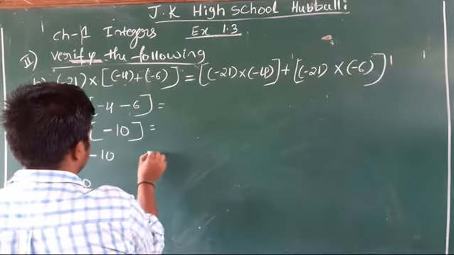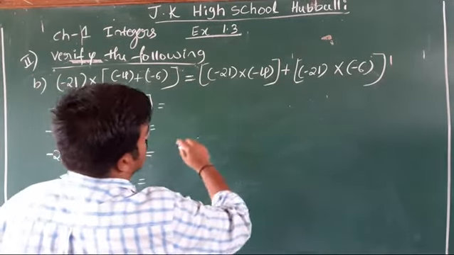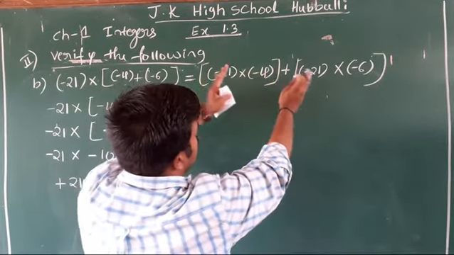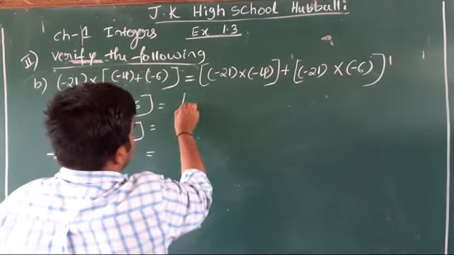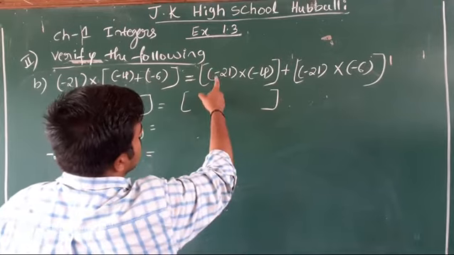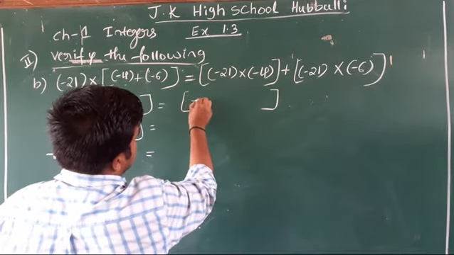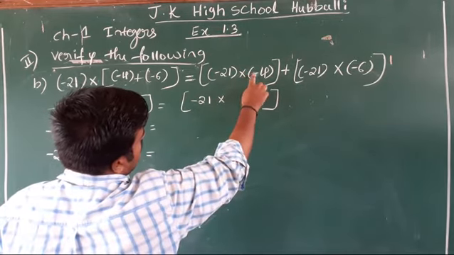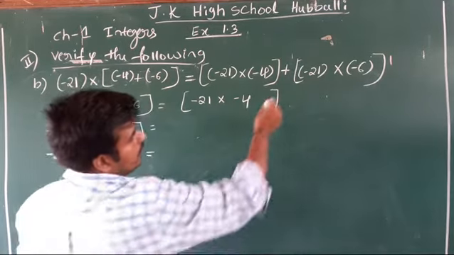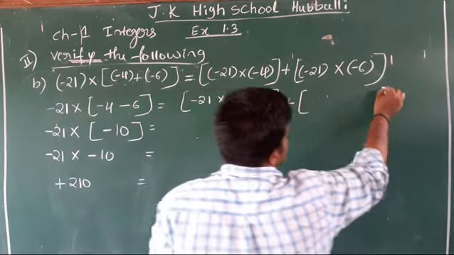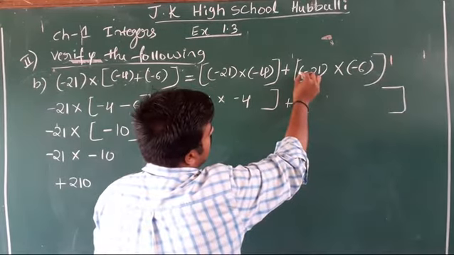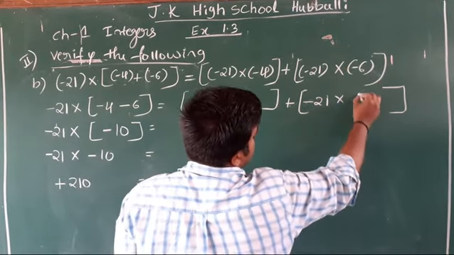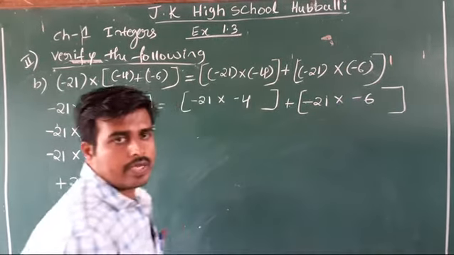Now we will solve RHS. On the RHS, two brackets are there, and in between the two brackets, plus is there. So we will solve one bracket. The larger bracket we keep as it is. Inside, you open the small brackets: plus into minus, minus 21, this into as it is. Here plus into minus, minus 4. This plus as it is. Inside this large bracket, open the small bracket: plus into minus, minus 21 into as it is, plus into minus, minus 6. Am I right?